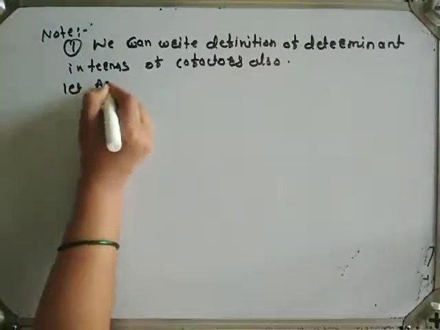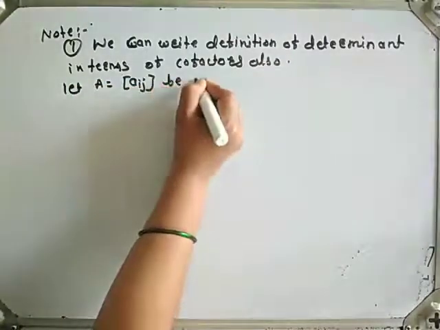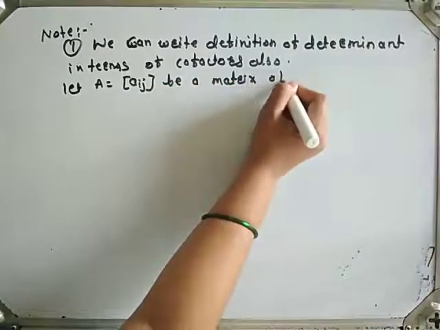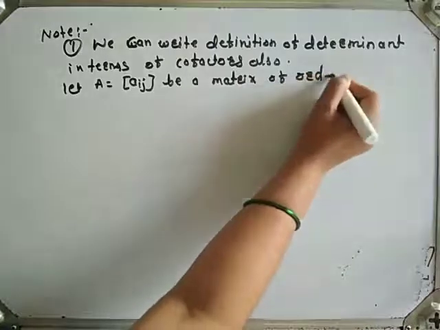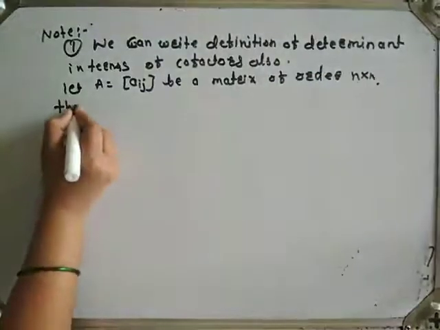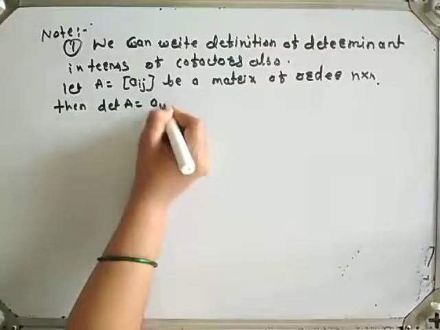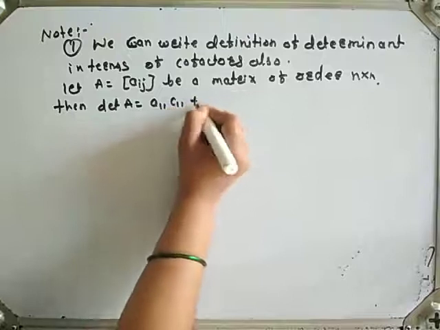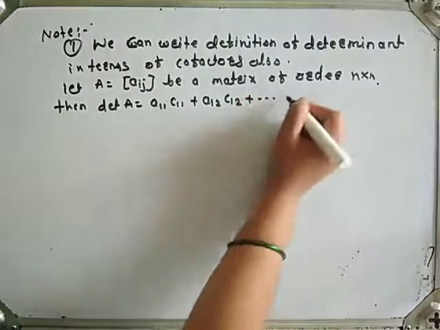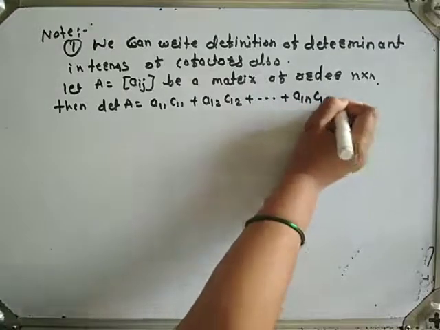Let A equal the matrix [aij] be a matrix of order n by n. Then determinant of A is equal to a11 C11 plus a12 C12 plus, and so on, up to plus a1n C1n,